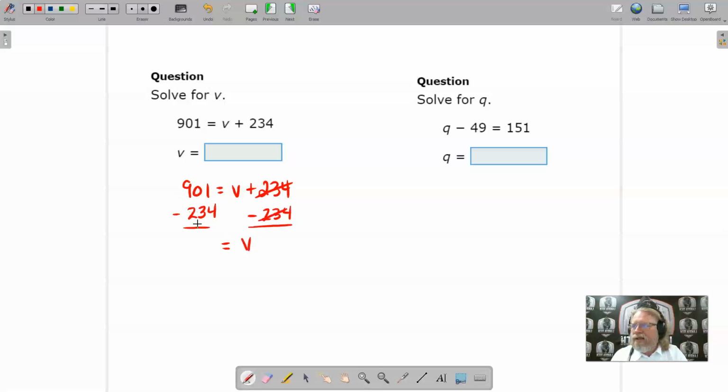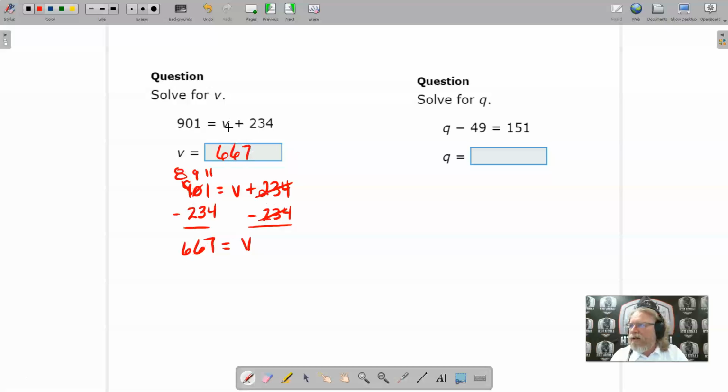Now I need to subtract 234 from 901. So 1 minus 4, can't do that. I'm going to need to borrow. So this becomes an 8, and this becomes a 9. And 11 minus 4 should be 7, right? Yep, 7. 7 plus 4, 11. Yeah, I'm having a brain cramp there. 9 minus 3 is 6, and 8 minus 2 is 6. So v equals